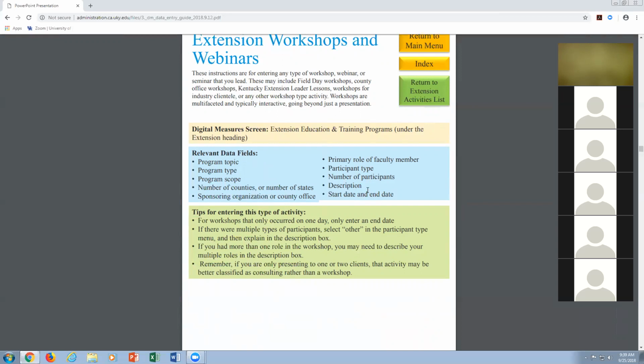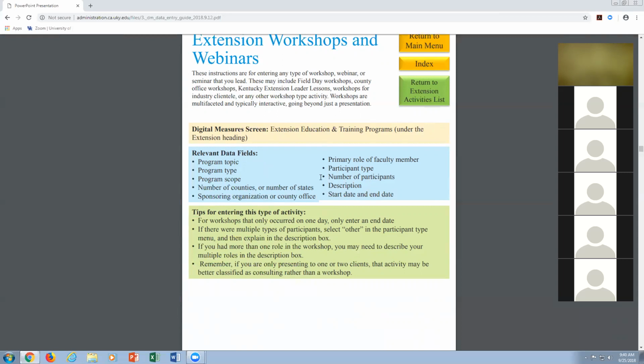What we did is we took a list of all of those data fields and gave them to our committee of faculty that helped plan the implementation of digital measures, and then to our department chairs and to our associate deans and dean. And they whittled it down to just the bare minimum of what they want to see for your performance review. And so the blue box represents that bare minimum of fields that you are being asked by the college to